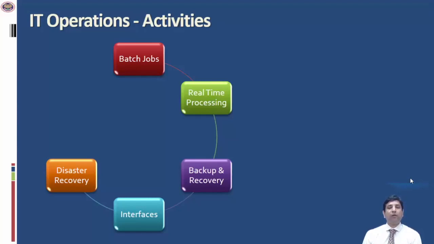Disaster recovery is a part of the larger business continuity planning of an organization, where in the event of a disaster, how does management continue operating the business? It is not possible to stop a business because of a disaster. So management has to devise a plan where all the key activities need to be analyzed, the risks need to be assessed, and a plan has to be made. While business continuity planning refers to the overall larger business processes, the disaster recovery planning relates more to the recovery of IT systems subsequent to the disaster.